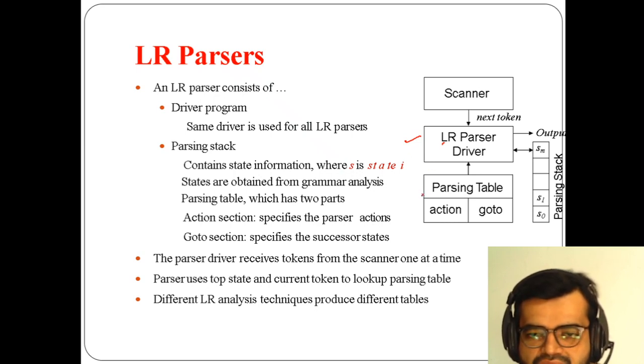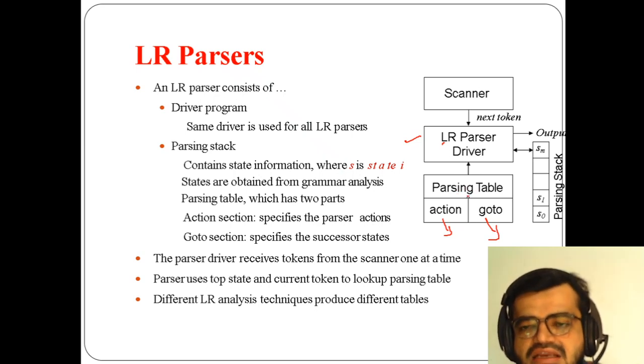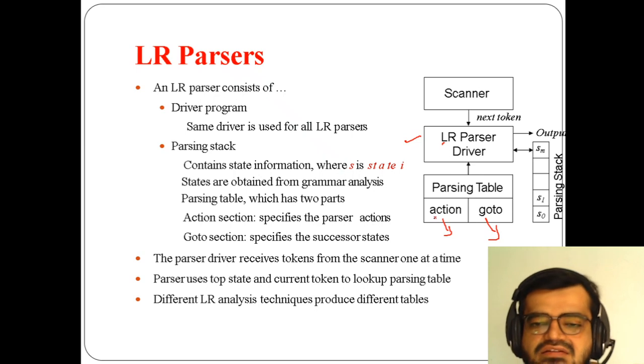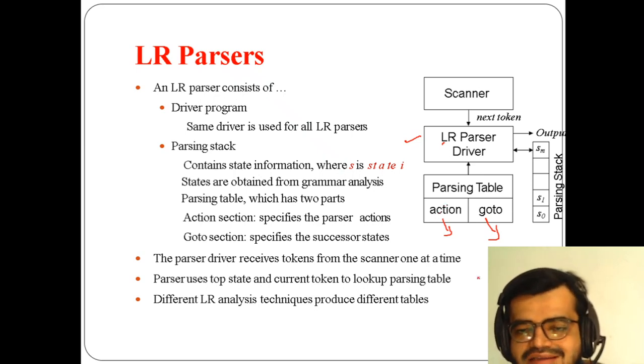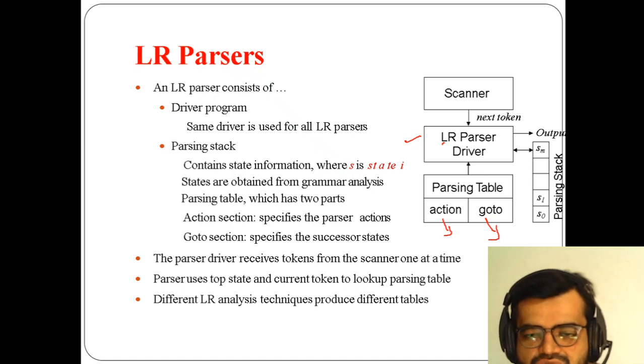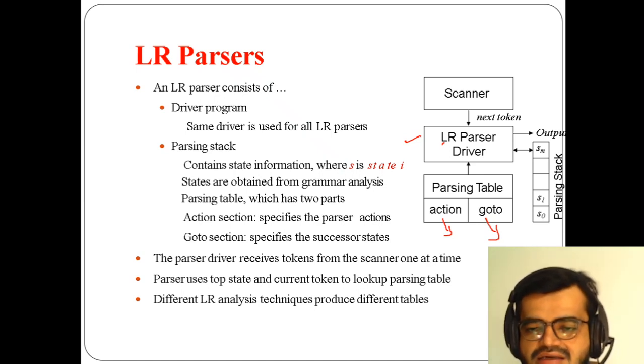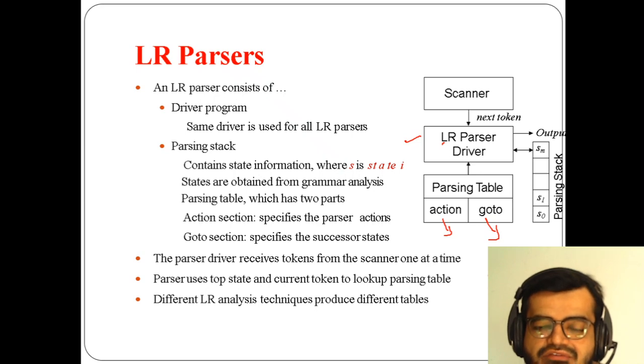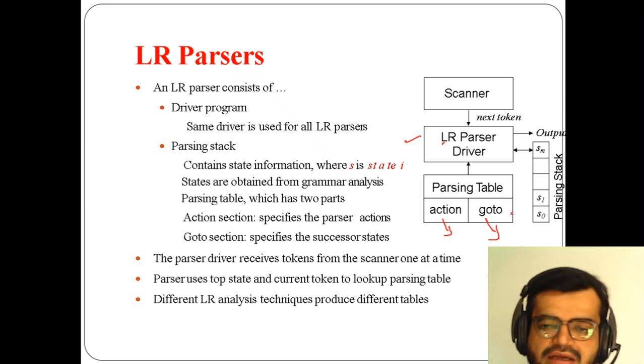and below that there is a parsing table. This parsing table contains 2 parts: one is action and the other is goto. And remember, this parsing table is different in different types of techniques. The actions are like, as I said in the shift-reduce parser, it uses shift, it uses reduce, it uses accept, right? We have already learned these 3 actions in the previous session, so that action has to be taken. And if no certain action has to be taken, and there is simply a need to go to the next state, then you use goto. Anyhow, you will be learning about how this parsing table performs as well.